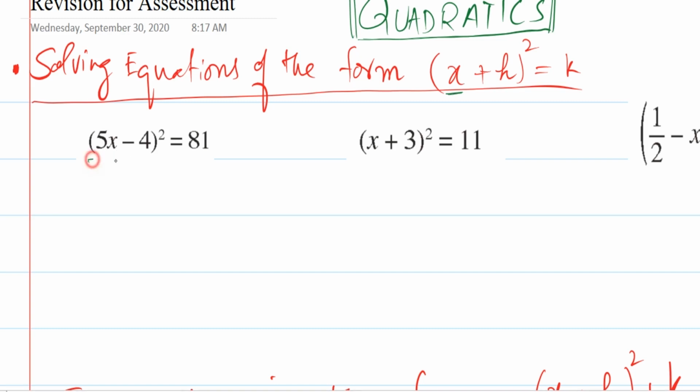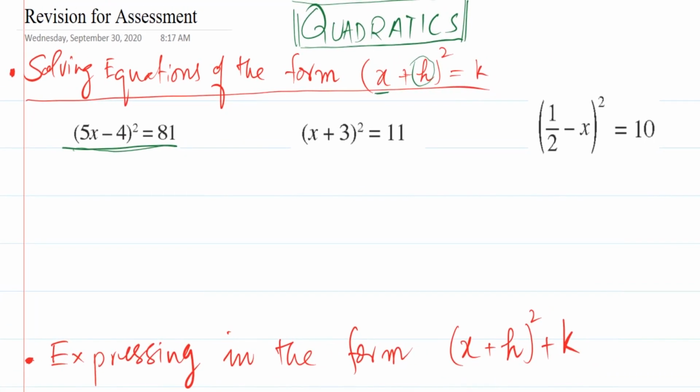As you can see in this first example, 5x. And then there will be a number that can be a positive number or a negative number. I have taken 3 questions from the book. What you have to focus on is that there is a perfect square on the left hand side with an expression within the bracket. Perfect square means the whole square. You see there is an expression within the bracket, and on the bracket the power is 2. It means this is a perfect square on the left hand side.